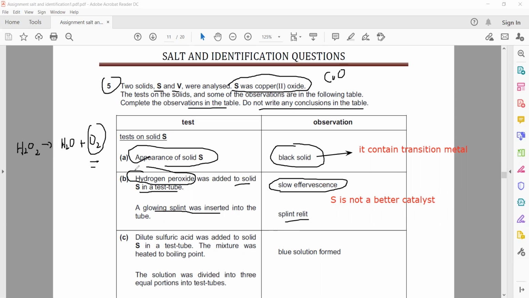Is it clear, part A and B? You don't have to write anything in part A and B. The reason I was explaining is that each observation has its meaning, a significance. This is just to explain the idea of the question. Next part,